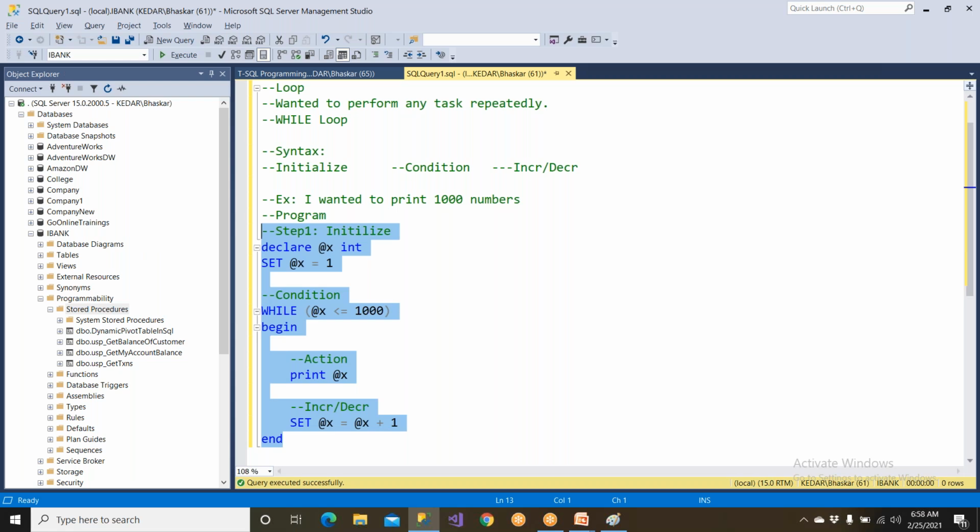So why is looping important? If you want to perform any activity 1,000 times, then you must use a loop. There are two loops: one is called the for loop, the second is called the while loop. Unfortunately, we don't have a for loop in SQL Server, we have only the while loop. Clear? So declare a variable, and while x is less than or equal to 1,000,